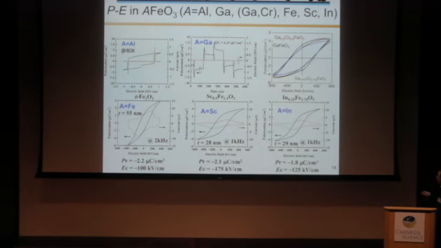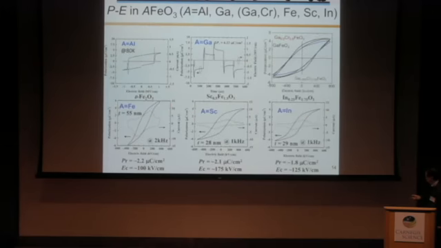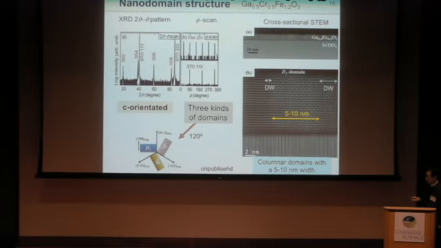And this is the previous work for this material. And this old material shows ferroelectricity, but the polarization value is small compared to the theoretical value. It is about 10% of the theoretical value. So to confirm the origin of the discrepancy between the theoretical value and the experimental value, we have checked